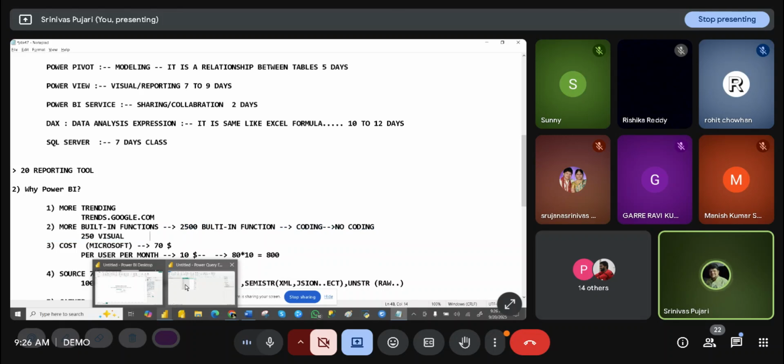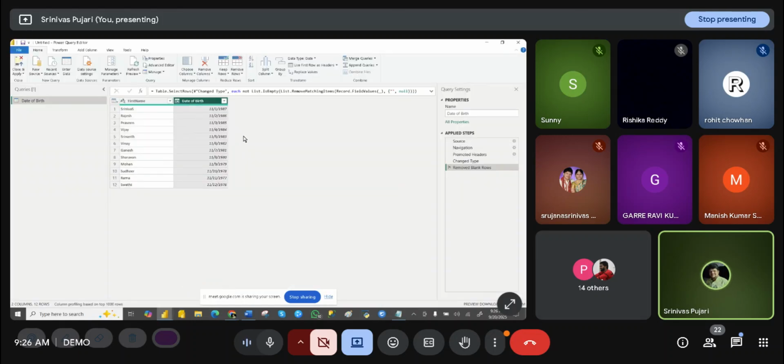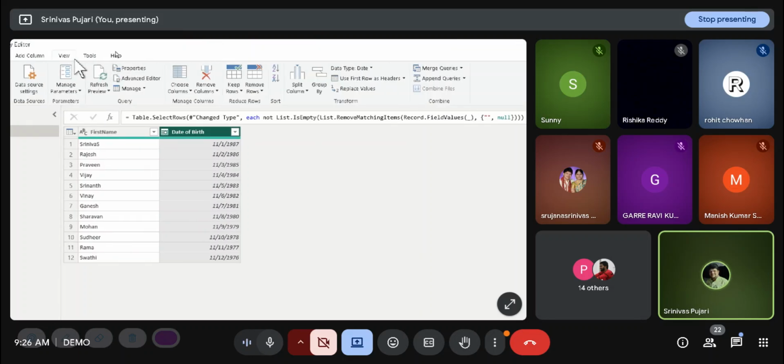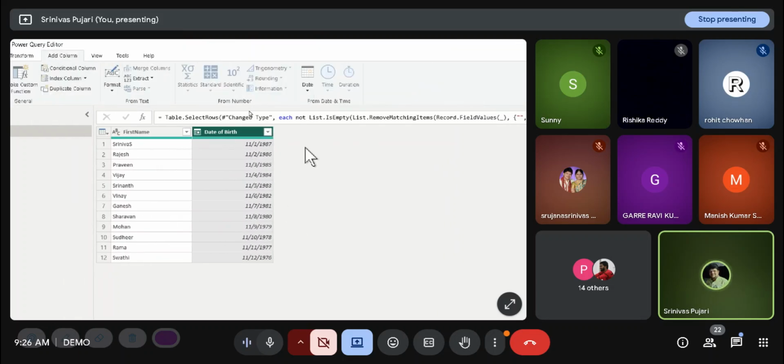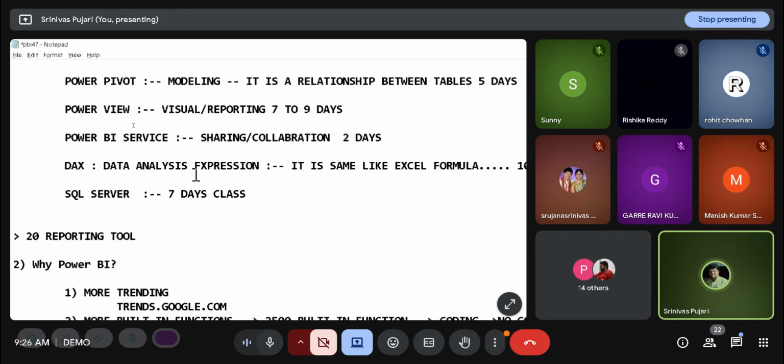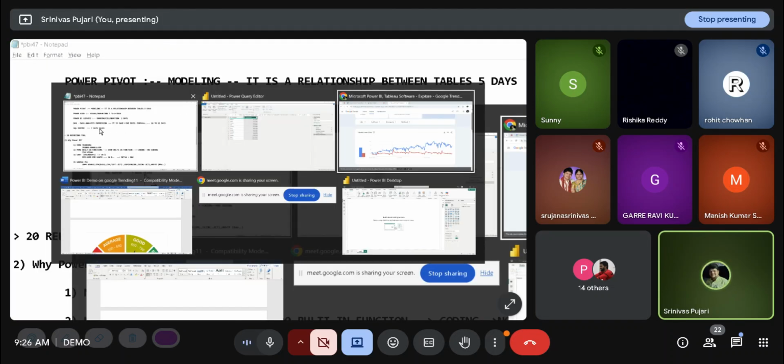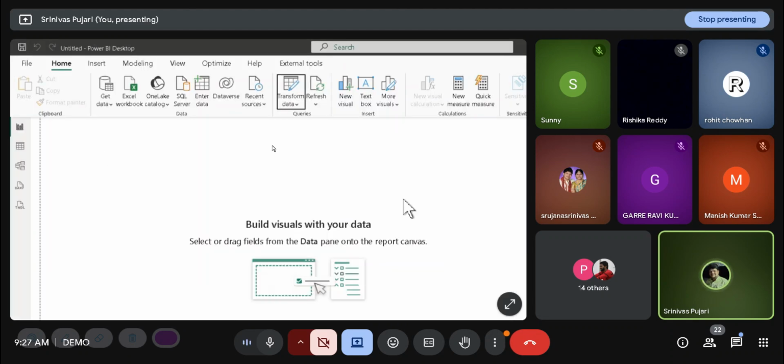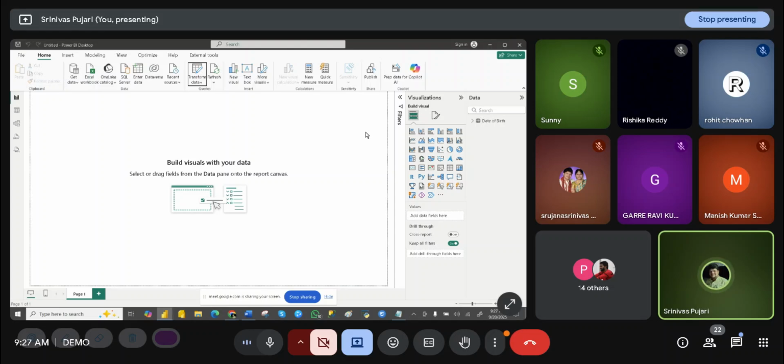Let me give a simple demo, guys. Within two button clicks we can do the age calculation. The reason I'm doing only the age calculation is so everyone can understand in an easy way, the age calculation is generic. So the tool looks like this, guys. Once you install it, the tool looks like this. I will tell you how to install this on Monday.